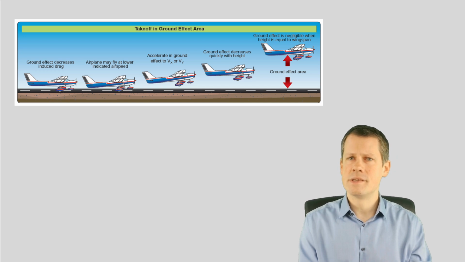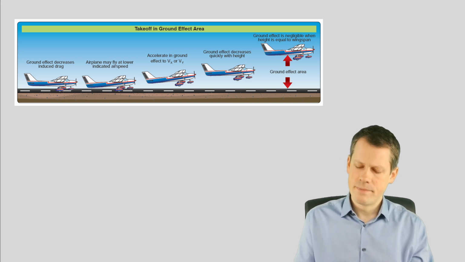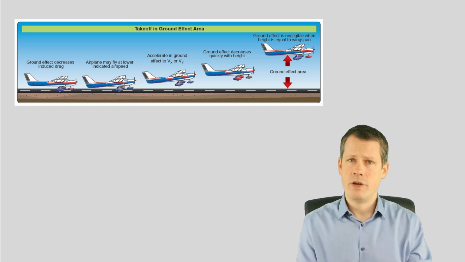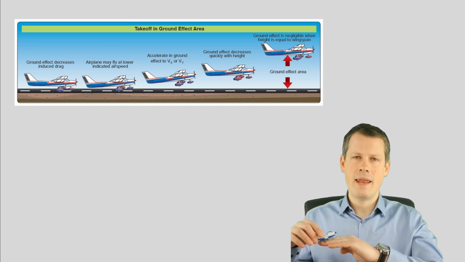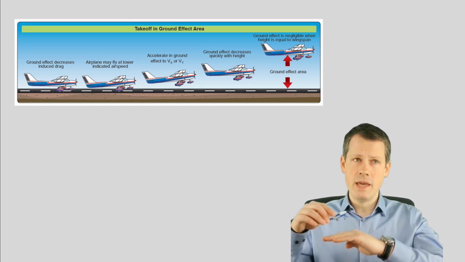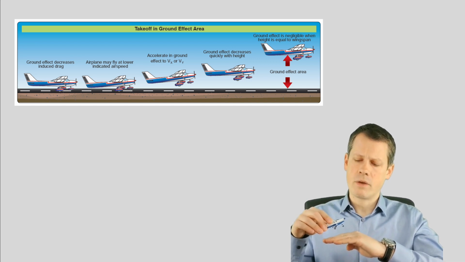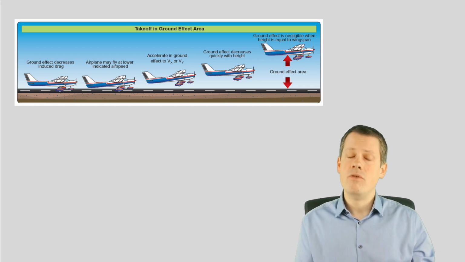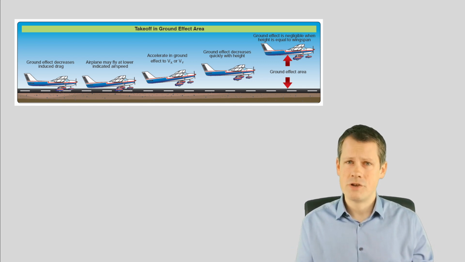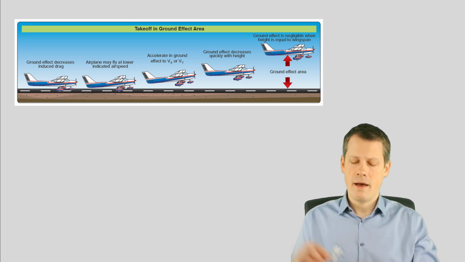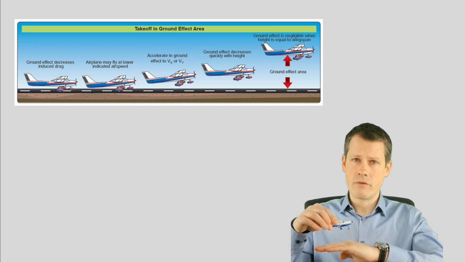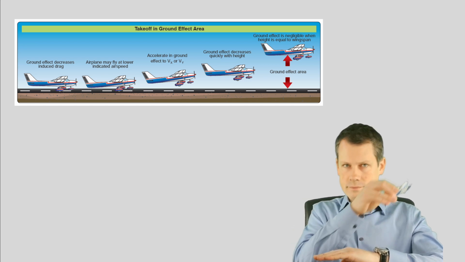What I really want to tell you is, if you plan to climb with Vx, then only climb out of ground effect when you have reached Vx. So you lift off in many airplanes at rotation speed, and you will then pretty quickly in normal conditions have reached Vx already in the ground effect area, and then you can climb right away. But if, for some reason, you have not reached a safe climbing speed like Vx after liftoff, it's important to keep the nose down in ground effect until you have reached that speed,